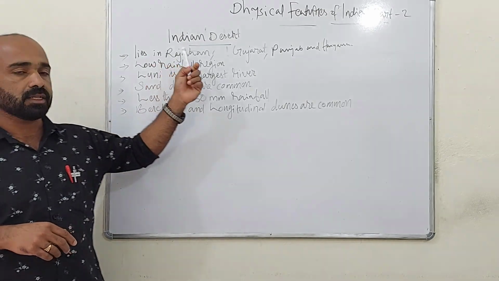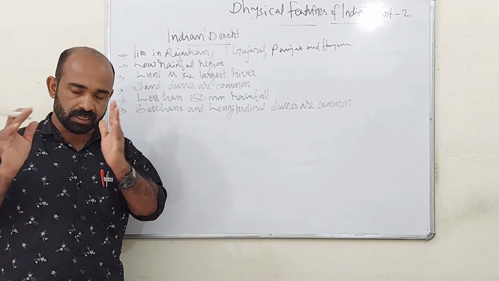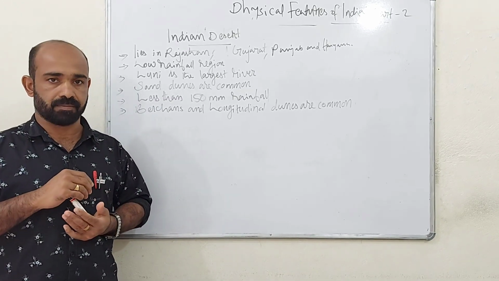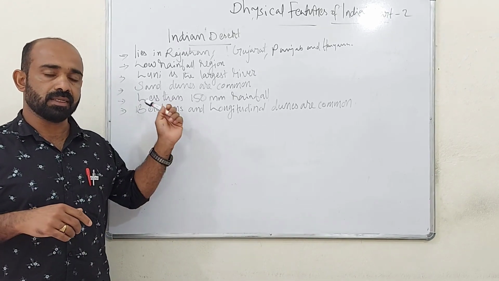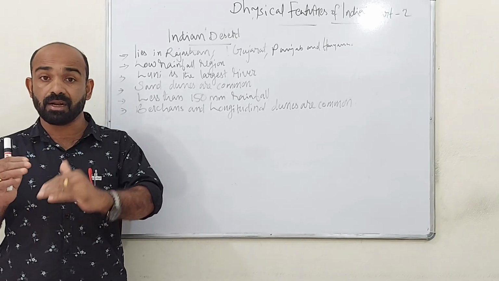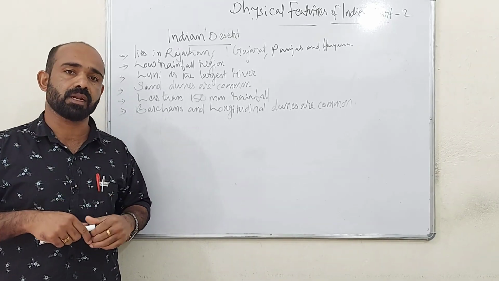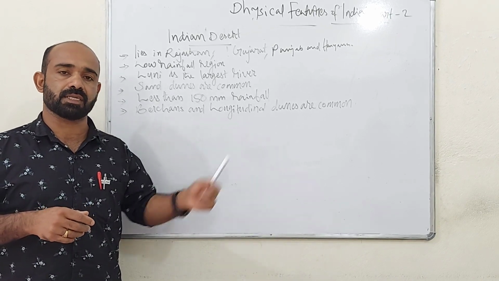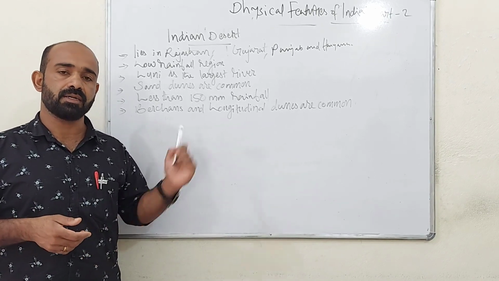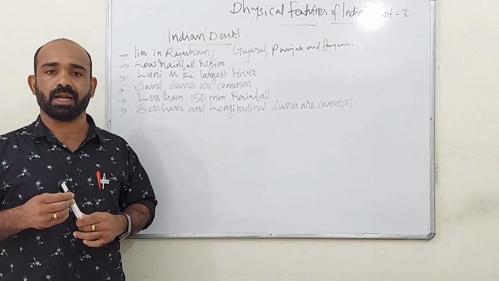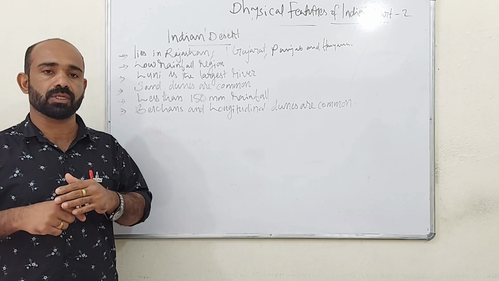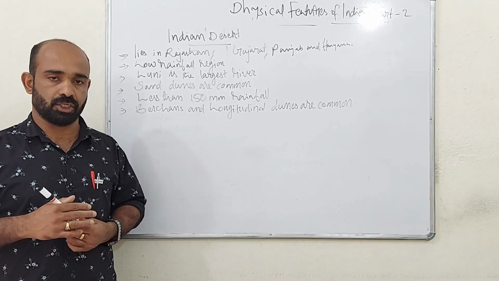So once again, the Indian desert is located in the states of Rajasthan, Punjab, Haryana and Gujarat. This is a very low rainfall receiving region, receiving even less than 150 millimeters of rainfall. The largest river of this region is Loni River, and this region is very famous for sand dunes. Crescent shaped barchans or longitudinal dunes are very common in this region.